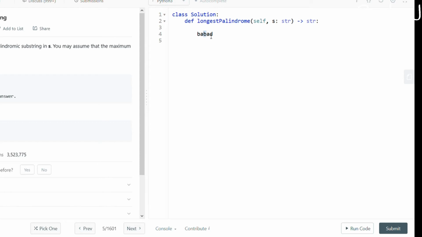So we try to expand a little bit more. The right pointer will come to this side and the left pointer will go to this side, but that is out of bound, right? So we just stop there. Great. Now we have a string.